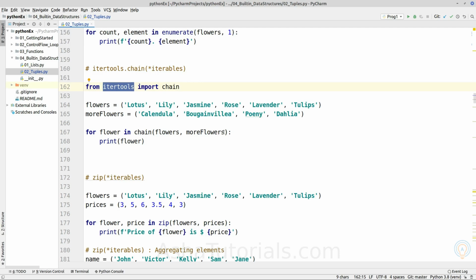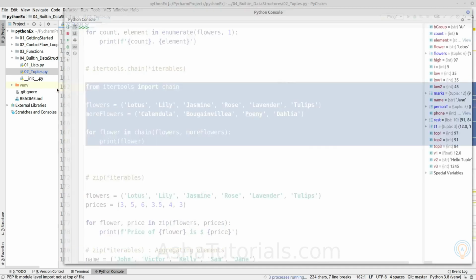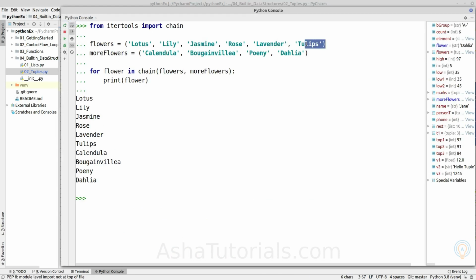So if here we are providing 2 iterables in terms of tuple objects, it will first iterate through the elements of the flowers tuple object, and then it will iterate through the more flowers tuple object. As we can see, after ending iteration for the first tuple object, it will start from the first element of the second iterable tuple object given as a parameter.